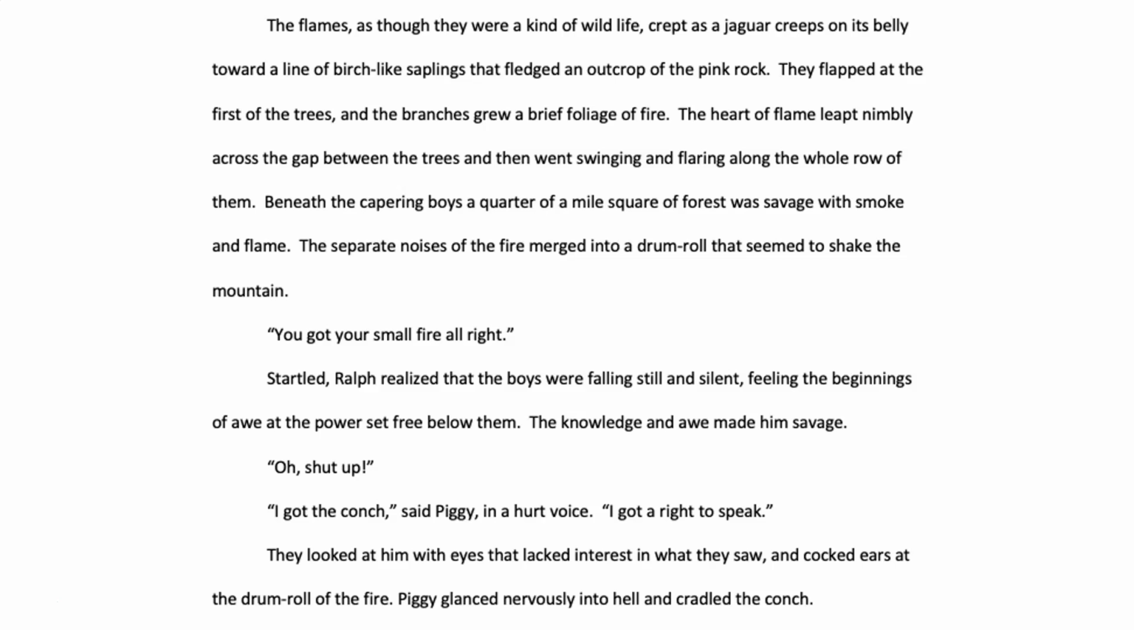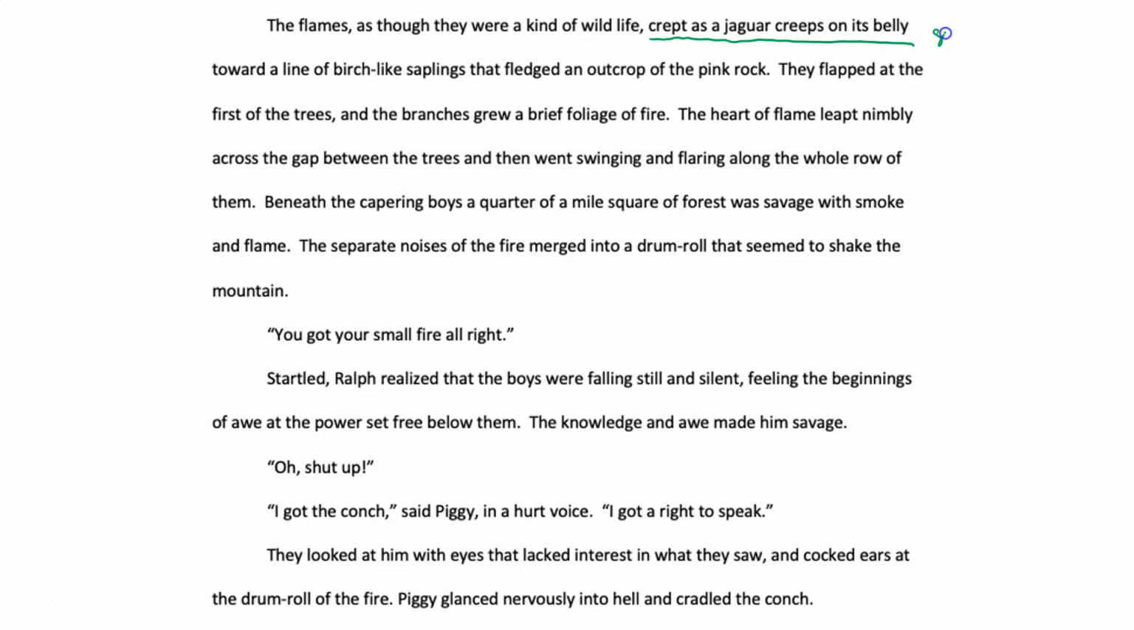I'm looking for powerful images that the author is creating, whether that's sound, sight, smell, taste, or touch. And I'm doing this to squeeze out everything from this passage, pick apart what the author is doing, kind of dissect it to try to understand what William Golding is doing in this passage and how he's doing it. So the first thing that I notice is this simile, "crept as a jaguar creeps on its